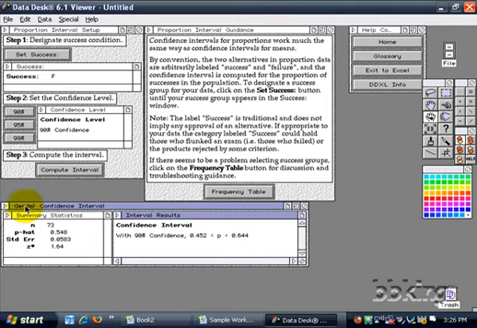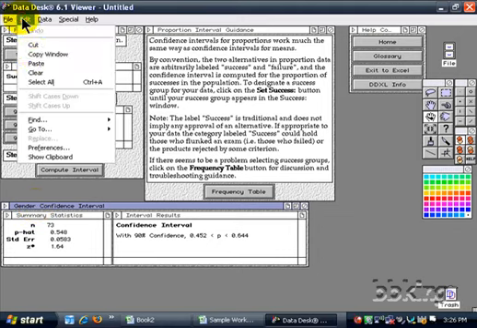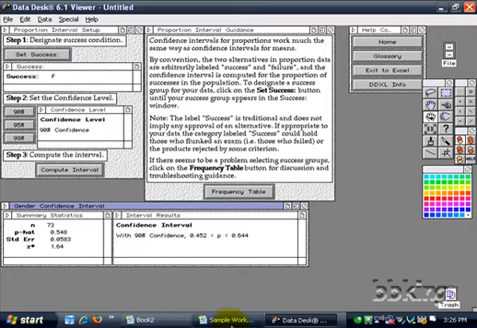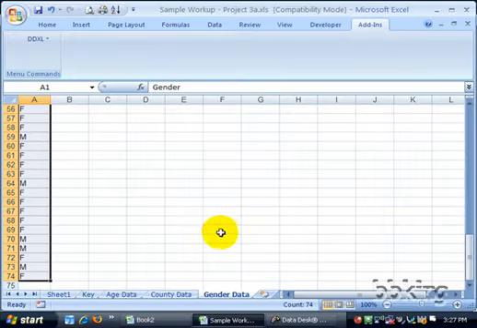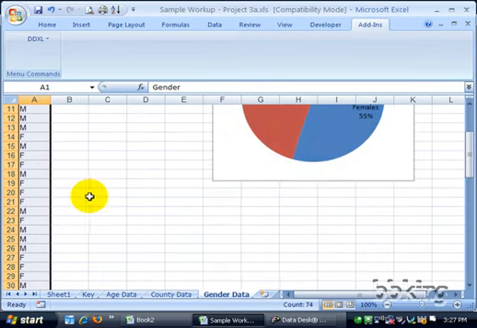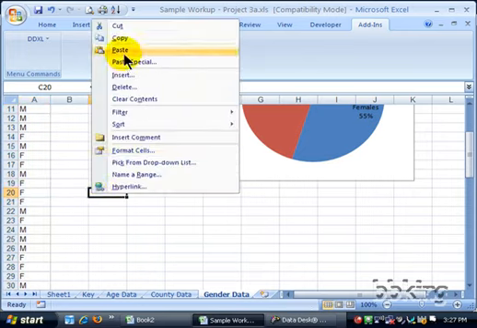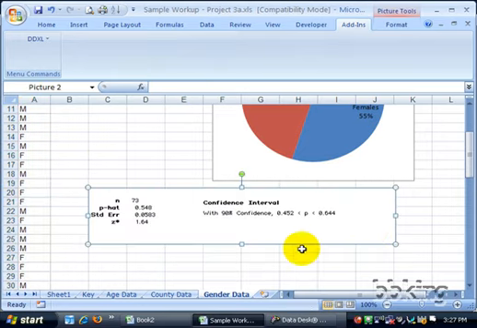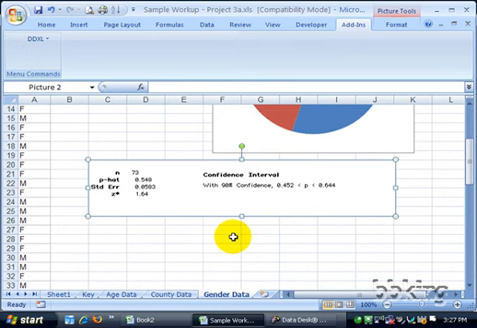So I'm going to click here on gender confidence interval, the top of the window. What we want to do is copy this over and paste it into Excel. So once I've clicked on that, I'm going to hit edit, copy window. I'm going to go back to Excel, and here below the proportion, I'm going to put it below my table so I have space. I'll right click here and hit paste, and so now we have a nice little summary of what the 90% confidence interval is. You need to go through and do this for the 95 and 99% confidence intervals as well,